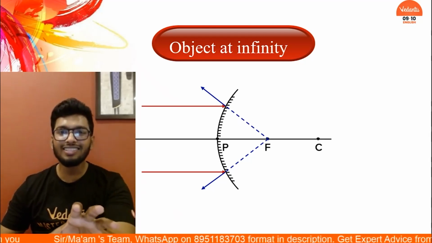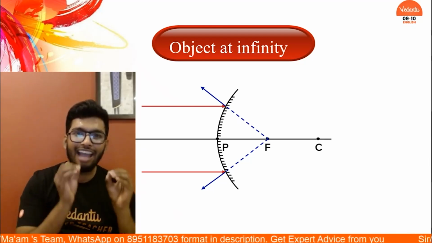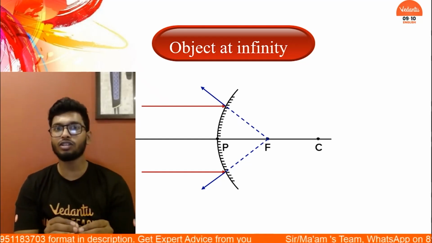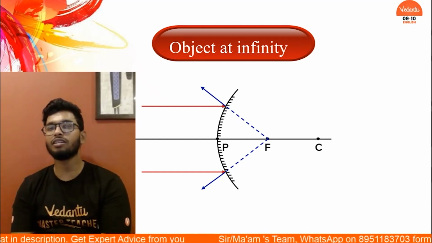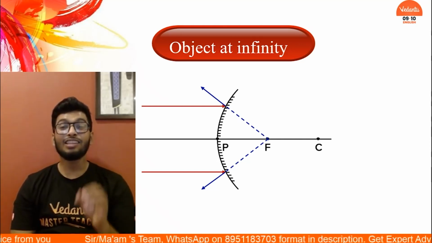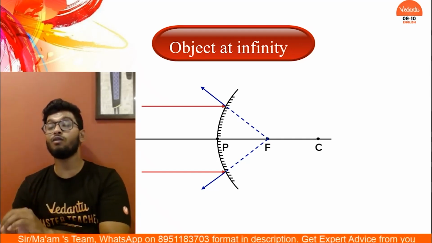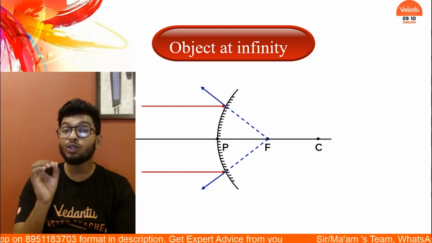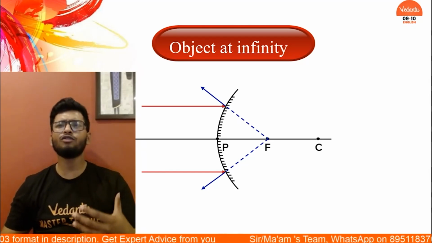Now here's the difference. In a concave mirror, they are actually meeting at the focus. But in a convex mirror, they only appear to. They're just pretending. Getting it? They only pretend to meet at the focus. That is the difference. So here what you have is a virtual image because the rays of light are not really meeting.